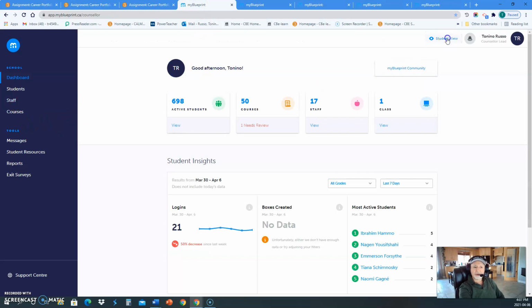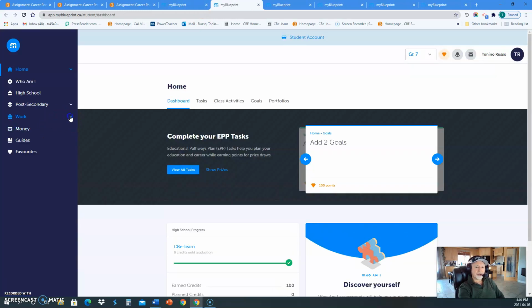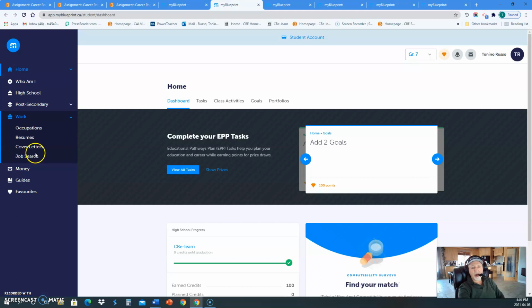They're asking you to go into the job search, okay? And choose a job of interest. Now you might not really think any of these are what you want to do, so come up with your own. That's fine, I can live with that. Just make sure it's a different job that's not included in my blueprint, and that it matches the resume that you created. All right, so let's go back